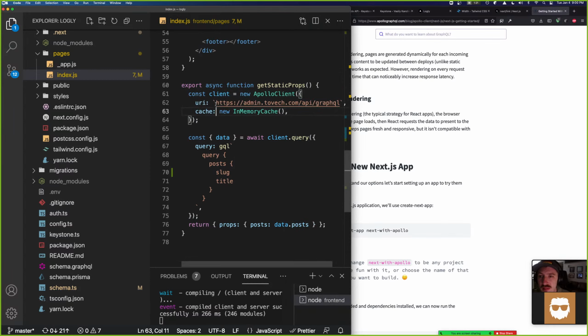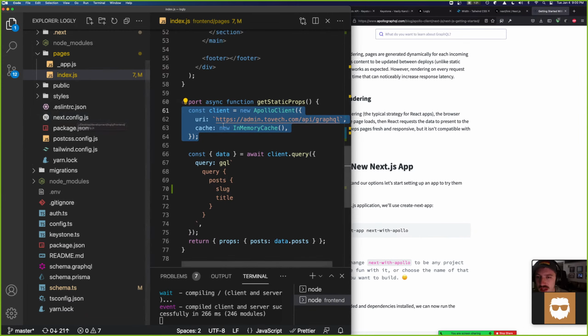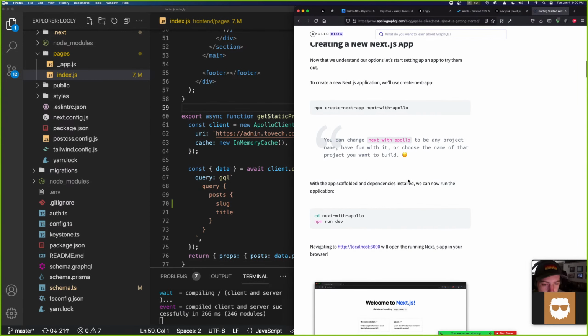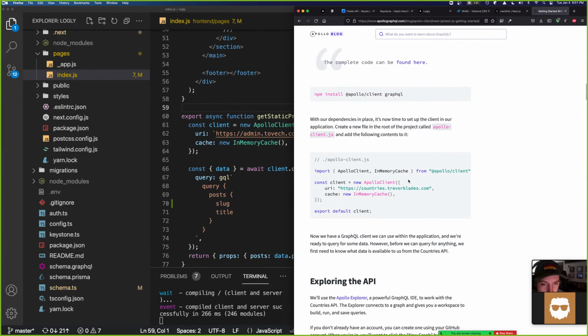I have this GraphQL Apollo client configuration code in my index.js file. Can't I move that to like the next.config.js so that it's not page specific and can just be referenced throughout my Next app? Here, this is what I want.